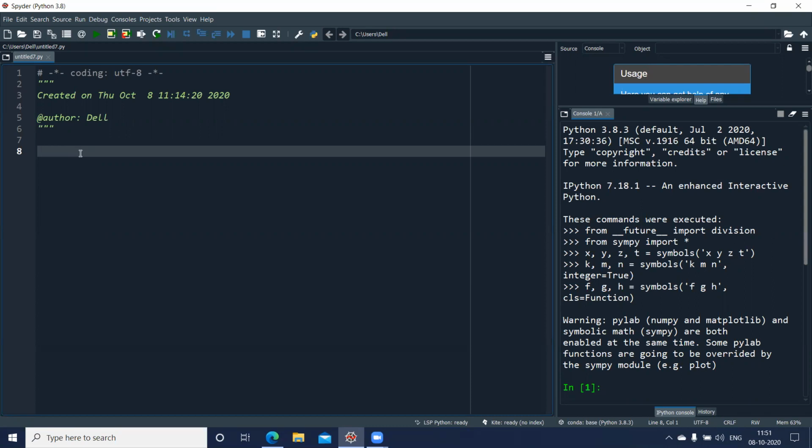Let's go ahead and check today how to do iteration over arrays using NumPy. Now, the NumPy package contains an iterator object called numpy.nditer.